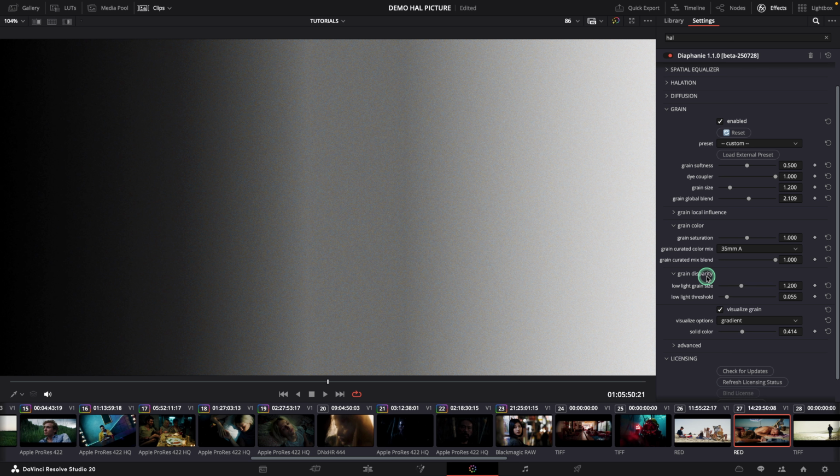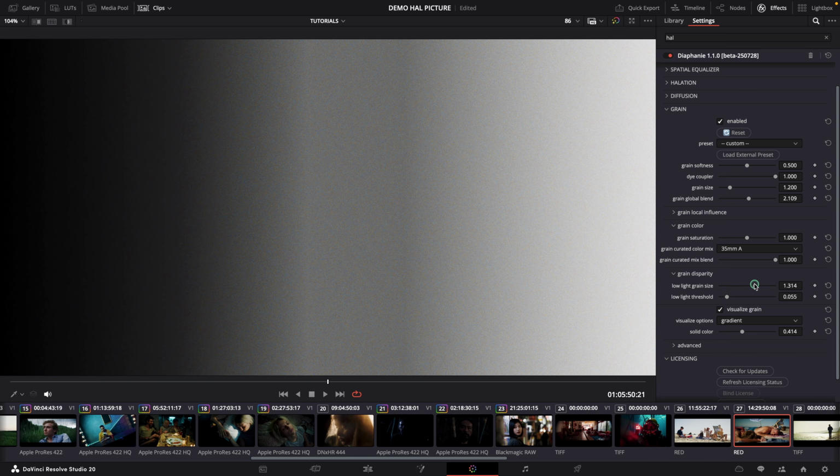You can actually decide which size, relative to the basic size, the lowlight grains will be. By default, it's 1.2. That means the lowlight grains are 20% bigger than the standard grains. And you can also decide where the lowlight stops and where the midtones and the rest of the image start. So if we look at the gradient that we used previously to set up the local influence,